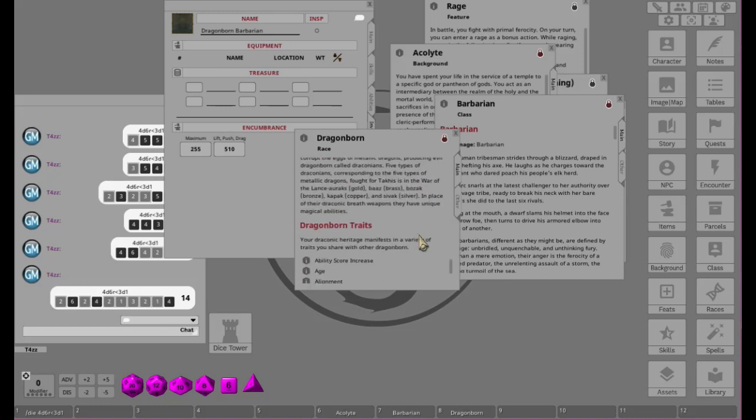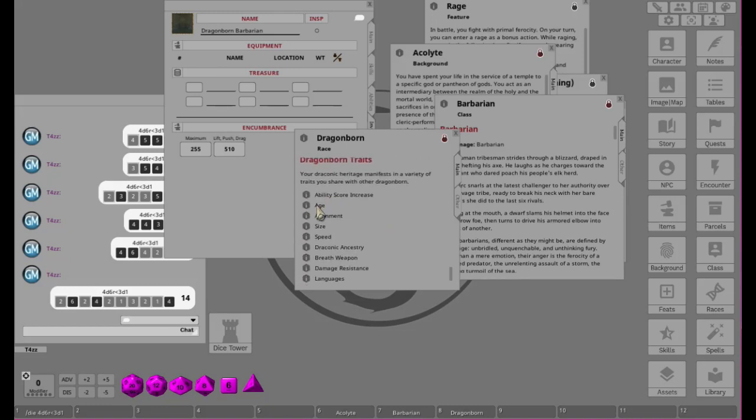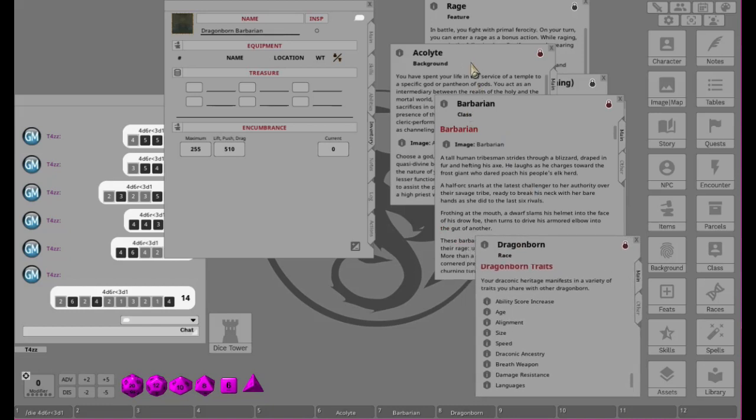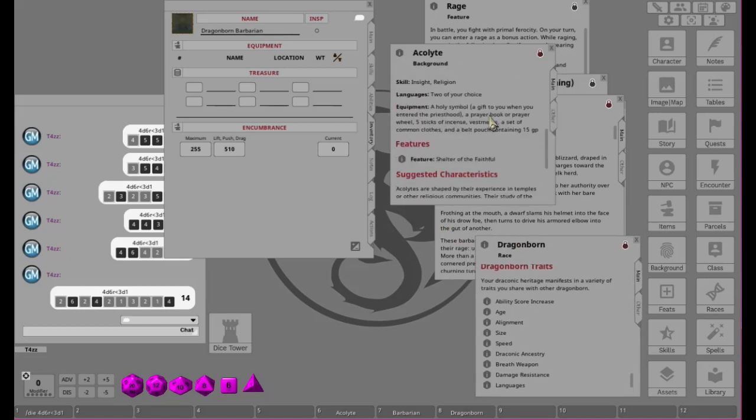Female names, Draconic, ability, age, alignment, size, speed, breath, weapon, resistance, and languages. Yeah, so it doesn't look like we get anything from there. However, from our background, we do see we get a holy symbol. So if we come in here and we go ahead and open up items,